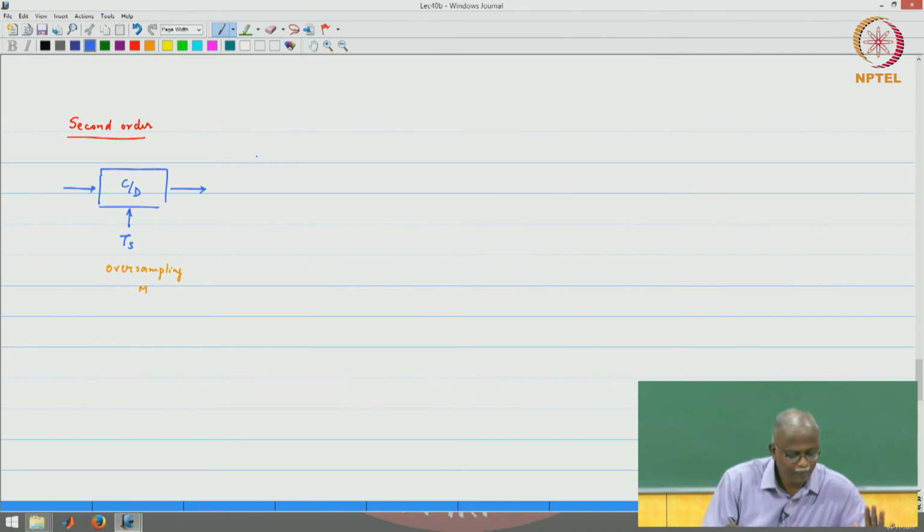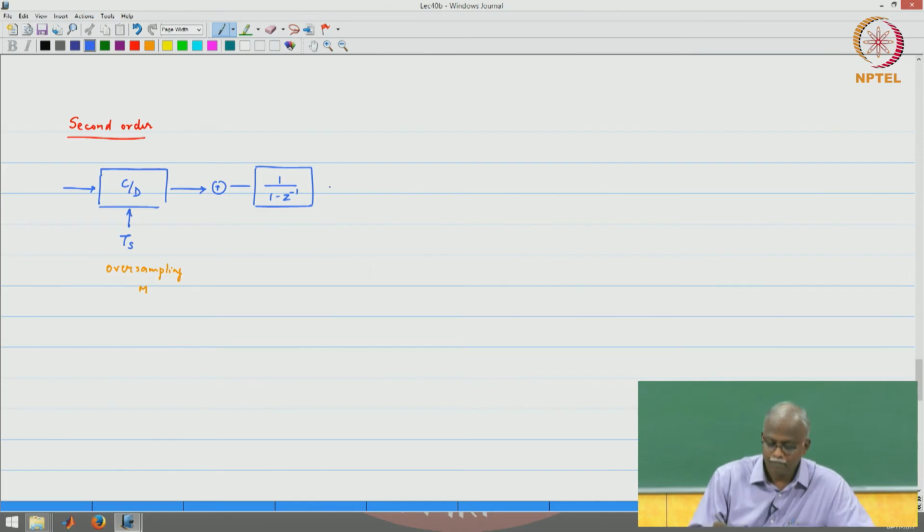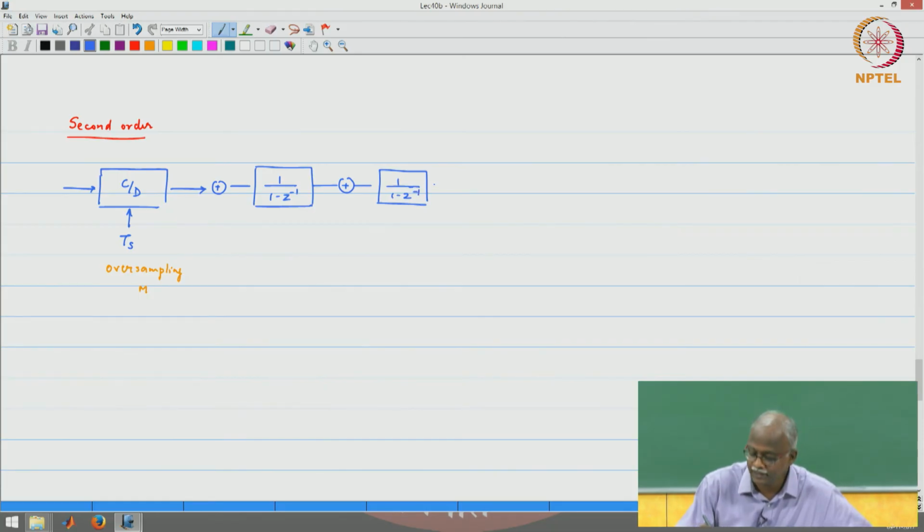So the noise shaping now is going to be in the following form: plus sign 1 minus Z inverse, that is the first integrator. So if that gave you a first order transfer function, you expect that there should be a second integrator that will give you a second order transfer function, which is actually correct. There are two in series